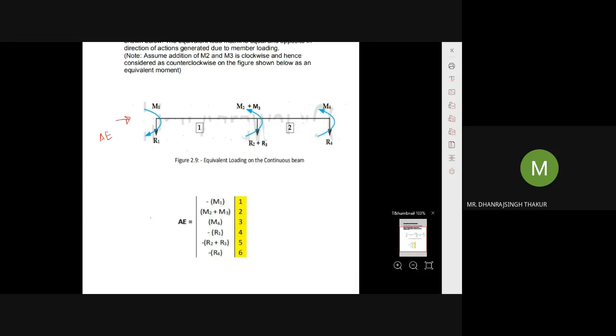Now, how to assemble it? To assemble this, you have to write down all the coding. What is the total coding? 1, 2, 3, 4, 5, 6. Again, to assemble this AE matrix, you have to refer to the skeleton diagram. If you have plotted it, you will remember, or again you see here. This is how we have shown it. We gave 1, 2, 3, 4, 5, 6. We drew this in the skeleton diagram because the degrees of freedom is 3. So this is 1, 2, 3.